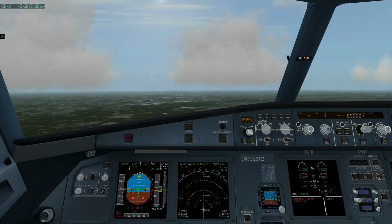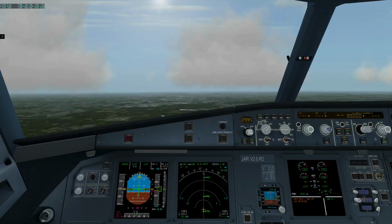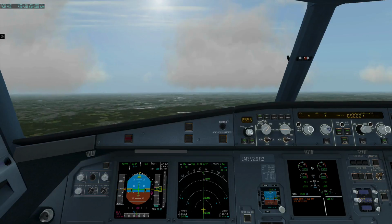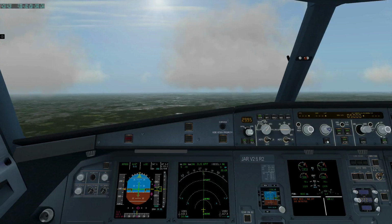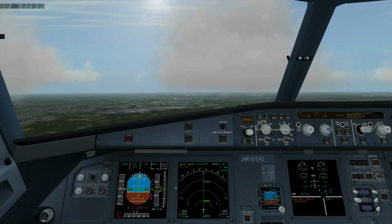I'm going to try something a little different today. I'm going to actually take over the controls and do a visual approach, since the weather is so nice. Now notice we blew right over our guide slope. So why don't I just